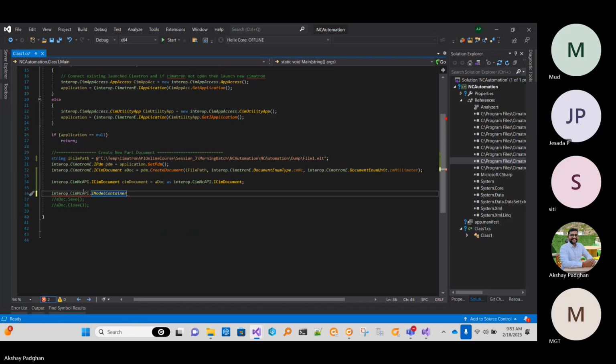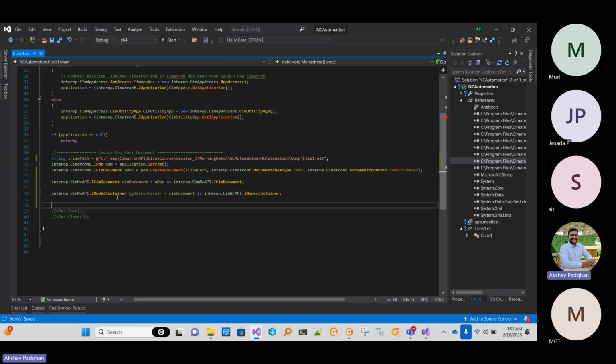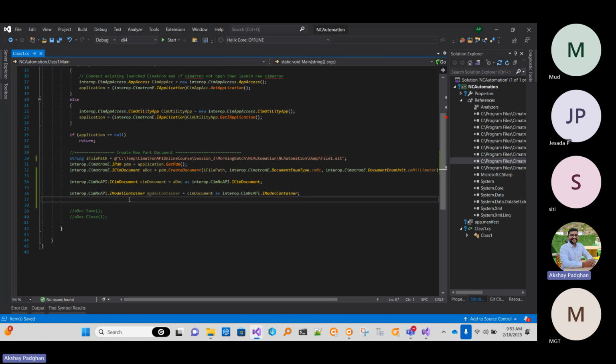Okay, so now we got access to the model container, and inside it we can get the active model by using